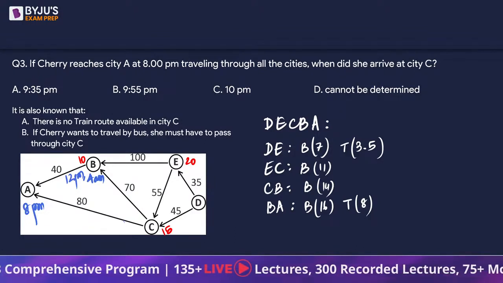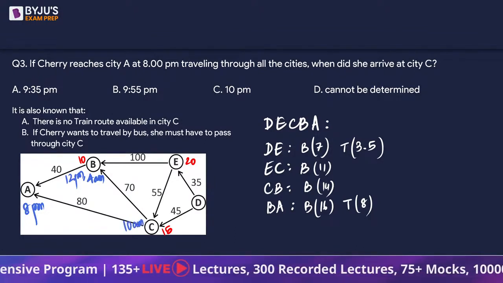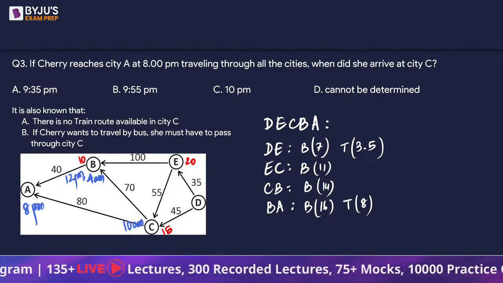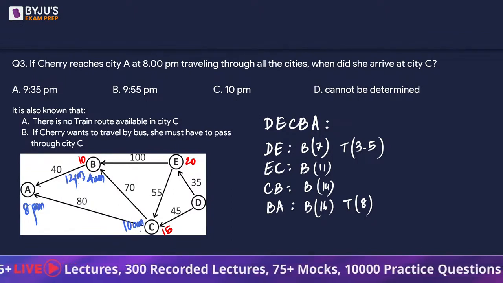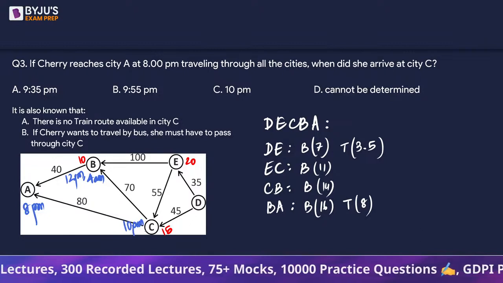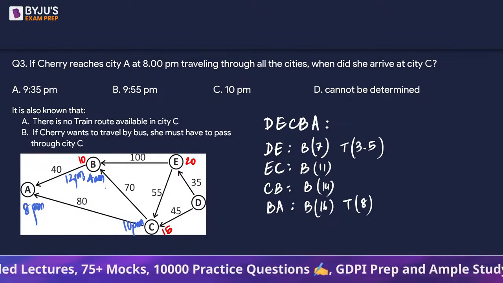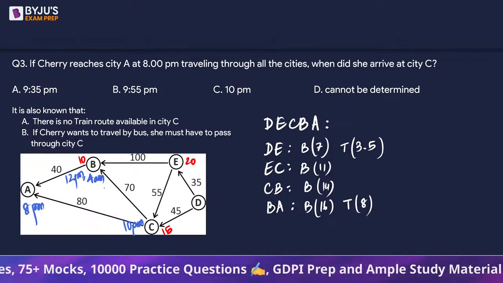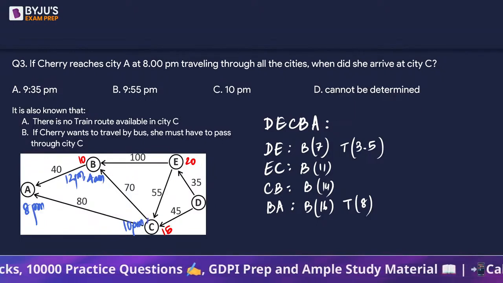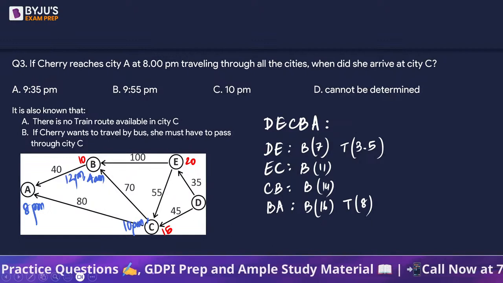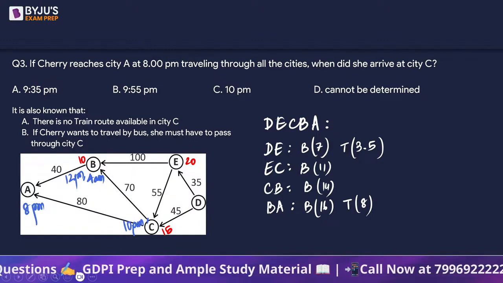So that is going to be 10 a.m. Right? Acha, this was 12 p.m., no? So this is going to be 10 p.m. And if it is 4 a.m., 14 hours before that, it can be